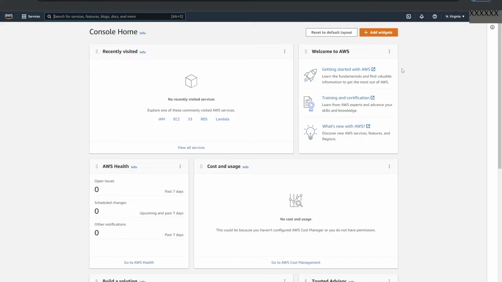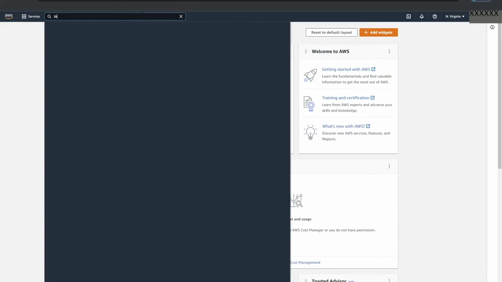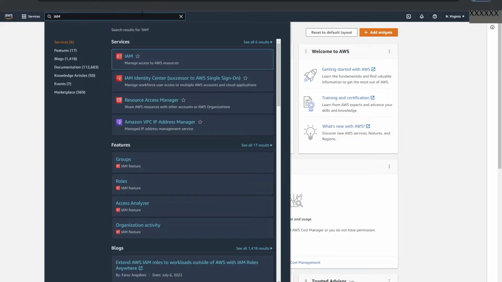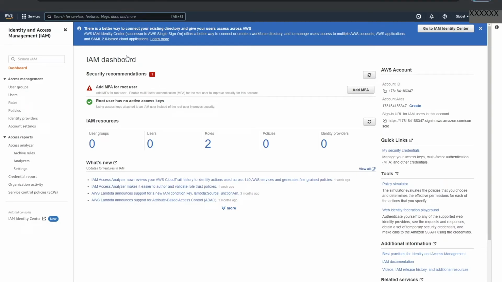I want to create a user and a group, so I'll need to access the Identity and Access Management dashboard. This dashboard is also known as IAM, so I'll go to the search box and I'll type IAM to search for this service. Next, I'll click the link and I'm taken to the IAM dashboard.